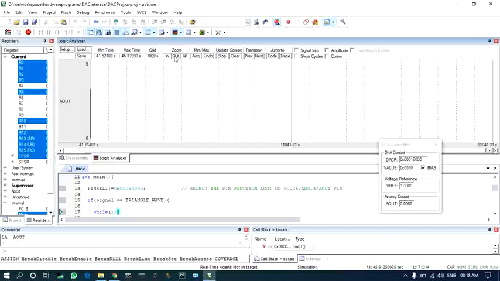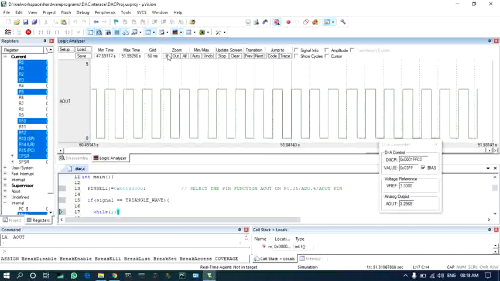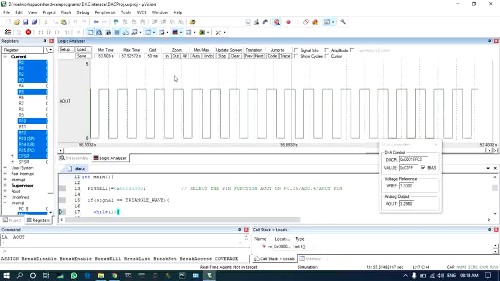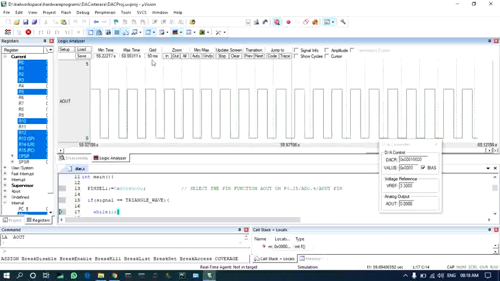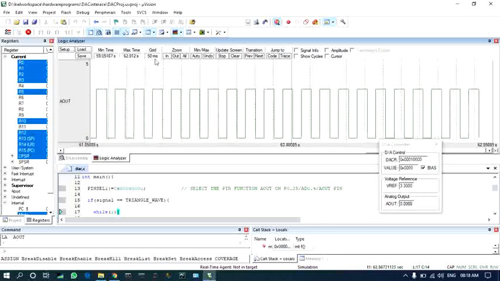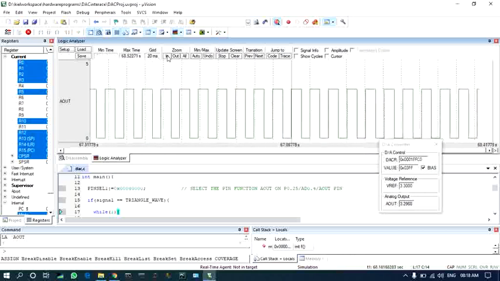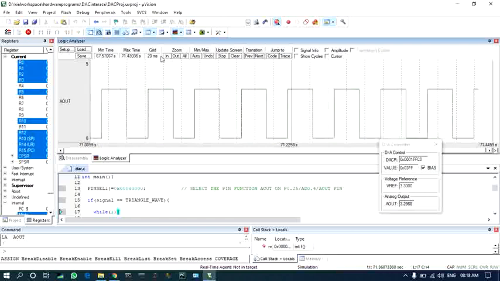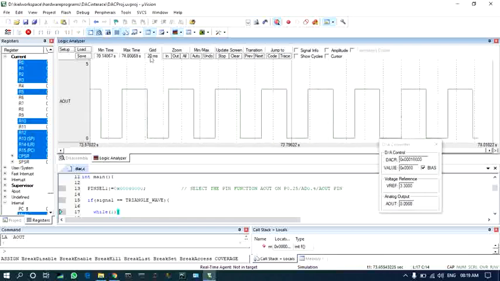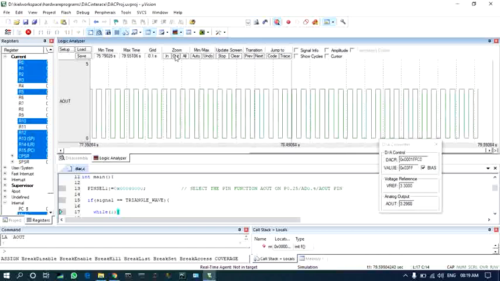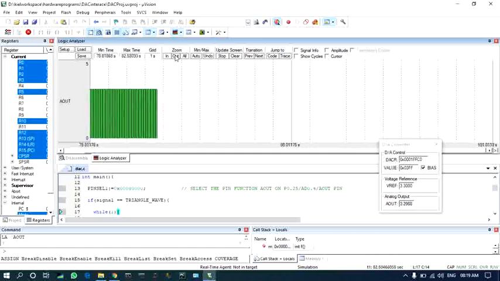You have to zoom in to unfold the wave. You are going to decrease the grid calibration. If you increase, you are going to zoom in to milliseconds. If you zoom out, you are going to see the grid in seconds.